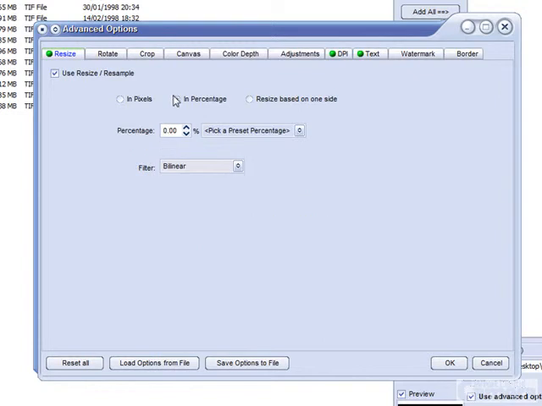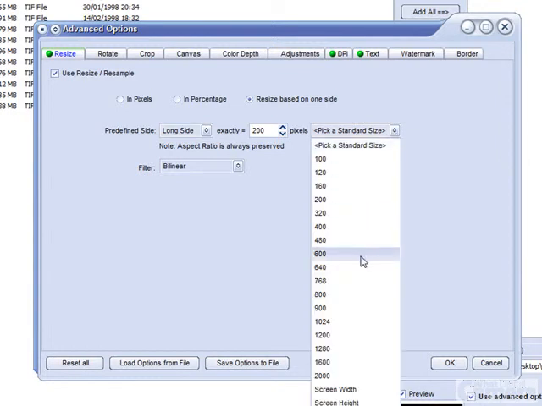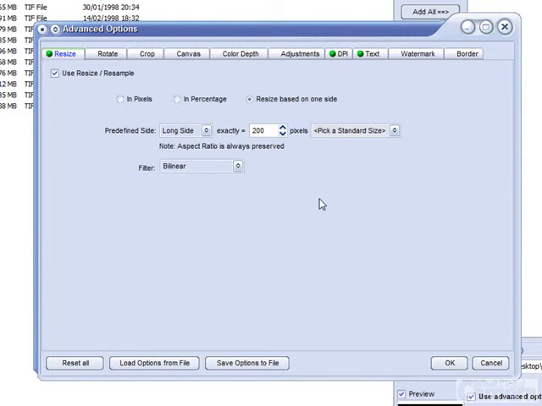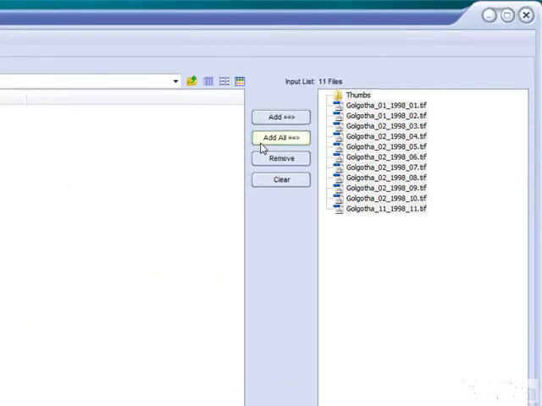Lots of options here. You can resize it in pixels or as a percentage, or resize based on one side and preserve the aspect ratio of each image so they don't get squished and pulled about. And we'll choose the long side, and there's a bunch of standard sizes you can resize to, all the way up to 2000. We want thumbnails. 200 is a good value for the pixels. Sticking with the bilinear filter, save that option to file, add our images,